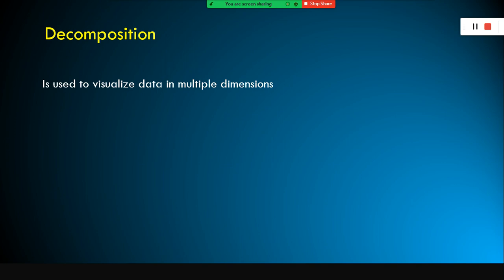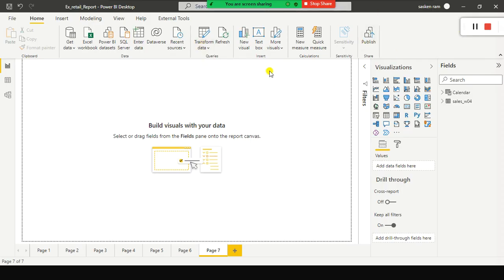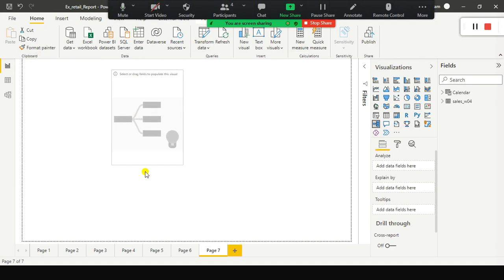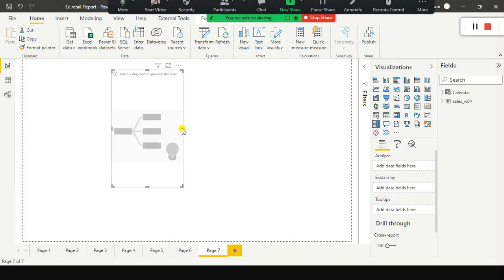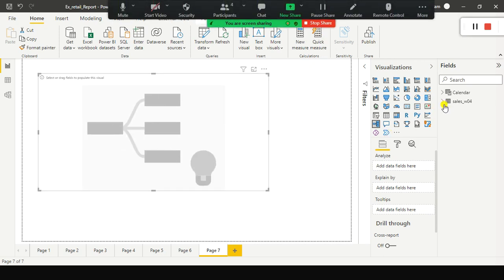In this case of decomposition tree, we break down the data into individual categories and determine the high and low values using AI functions in the decomposition visual. Also we can drill down and analyze the data in the hierarchy for a quick analysis. We'll delve into detail of how to create the decomposition tree, and we will see practically how the AI powered decomposition tree is helpful for us in order to gain insights.